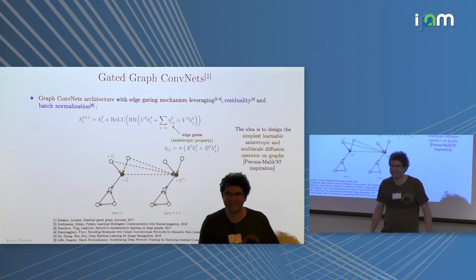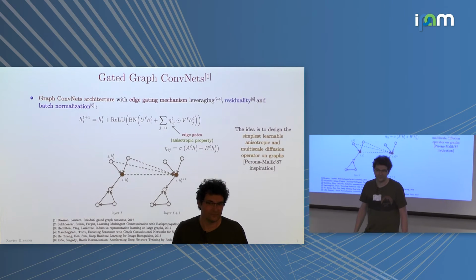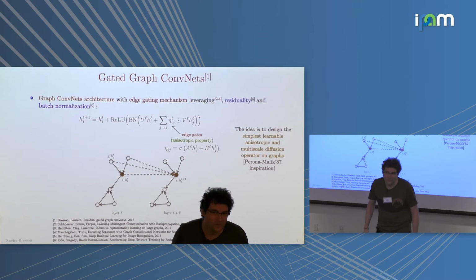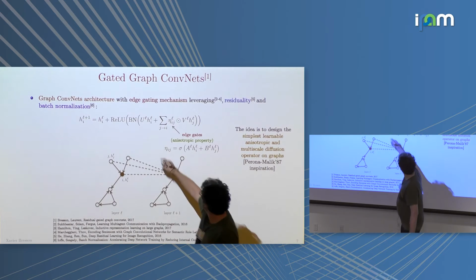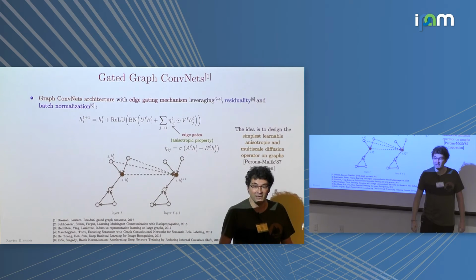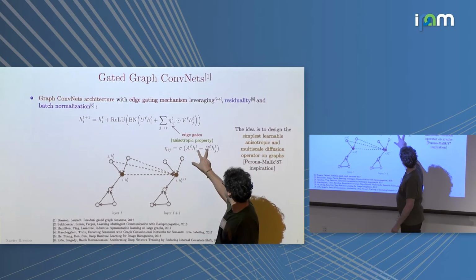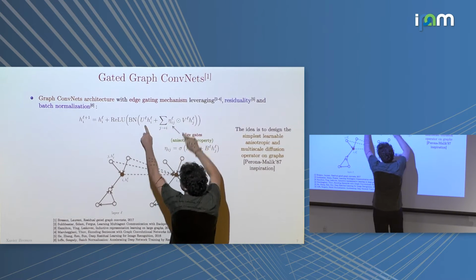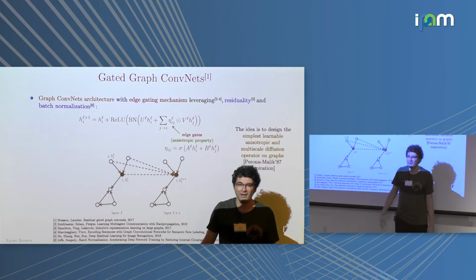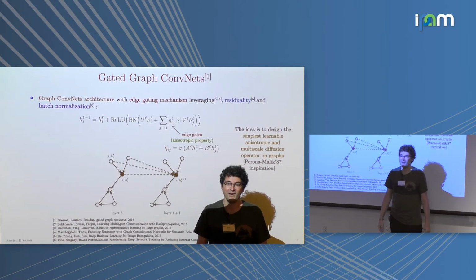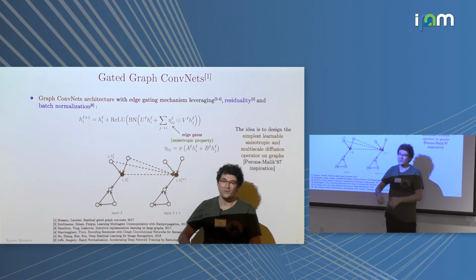Another question? So in your case, the U^L and the V^L are shared across the whole graph? Yes, absolutely, they are shared. The eta is basically local, right? But this is also shared. So this A, B, V, and U, they are shared across the graph. They are completely independent of the location on the graph. You just share this information across the graph. Yes, absolutely, and it's very important because you don't want to have too many parameters.